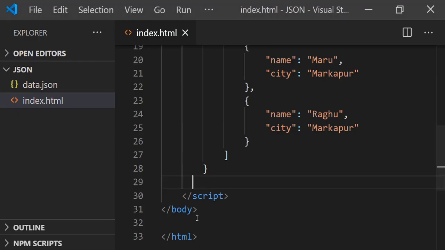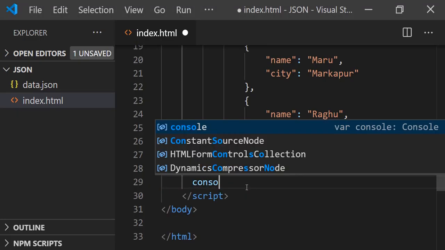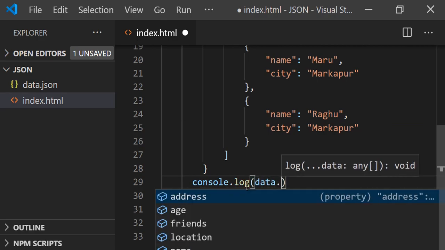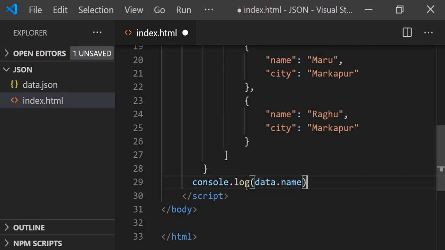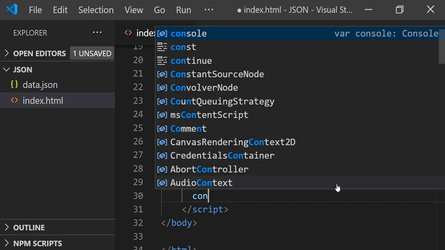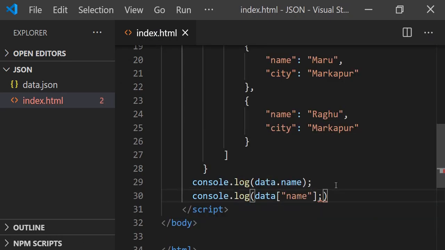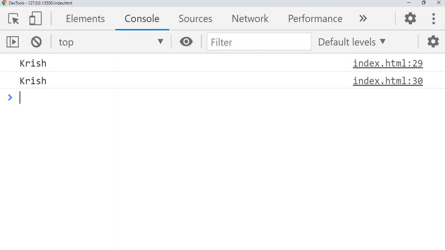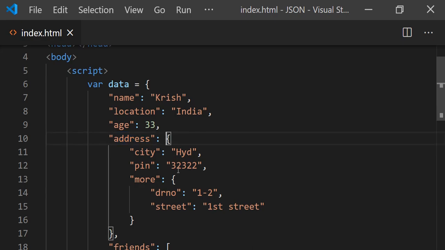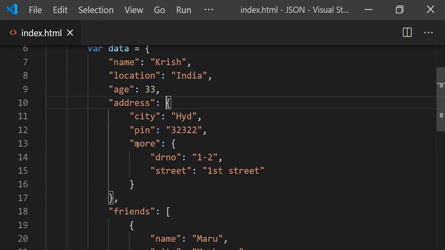Or you can write here also, let's say console.log(data.name), and now go and see: Krish. This way also you can access the name, Krish.